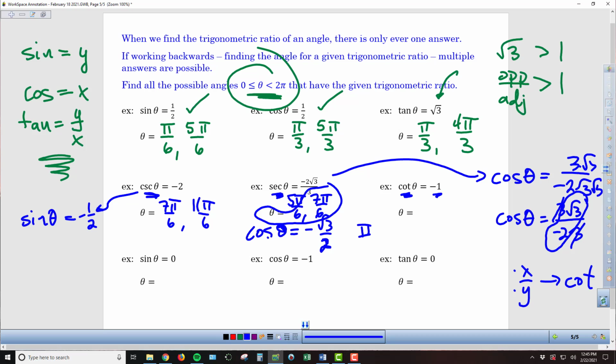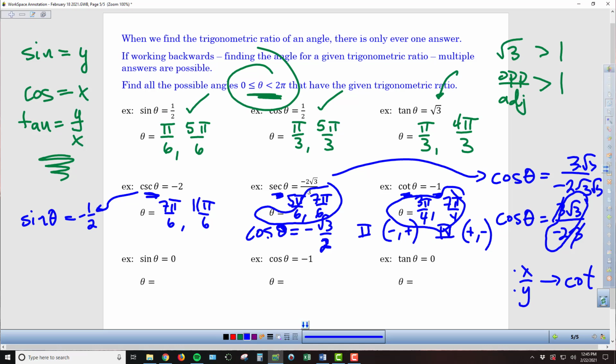In the second quadrant, we're negative for x, but positive for y. In the fourth quadrant, we flip it. We're positive for x, but negative for y. And so those two locations are going to be 3 pi over 4, where we've got root 2 over 2's for both the x and y coordinates, just differing in the positive negative sign, and then 7 pi over 4